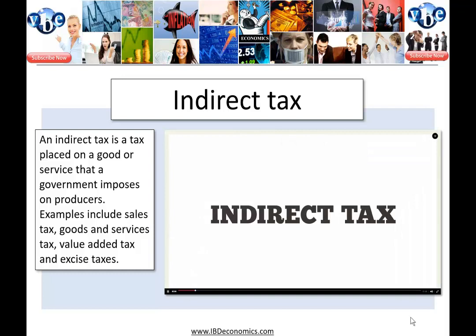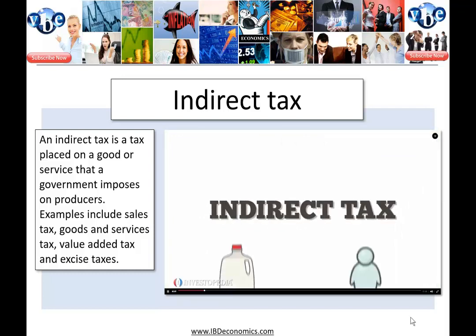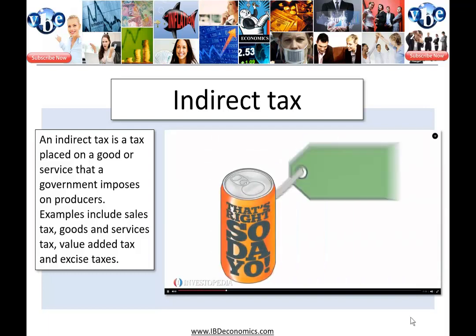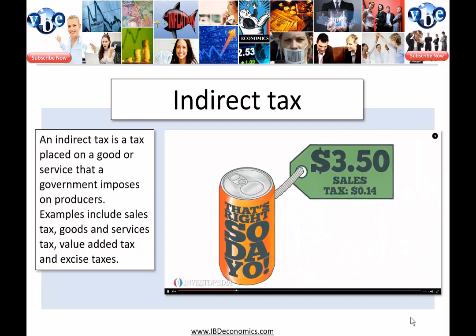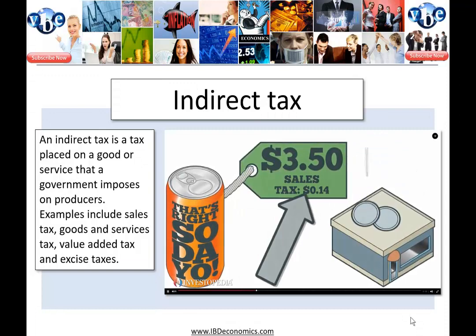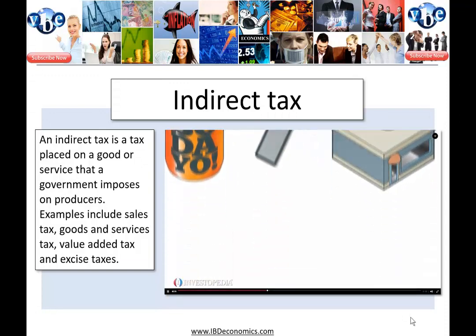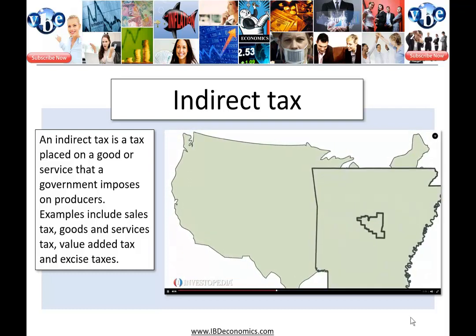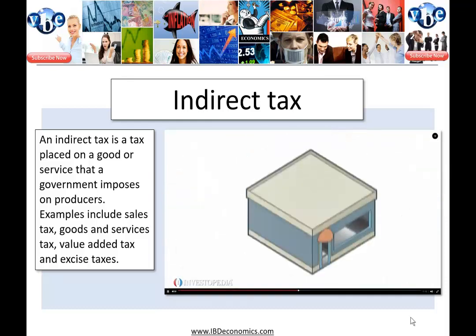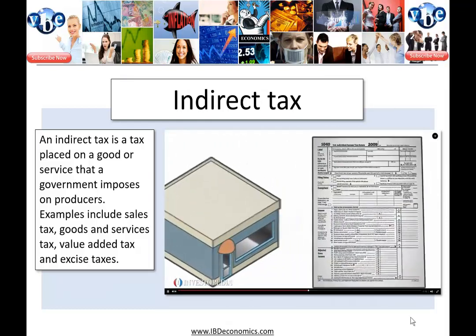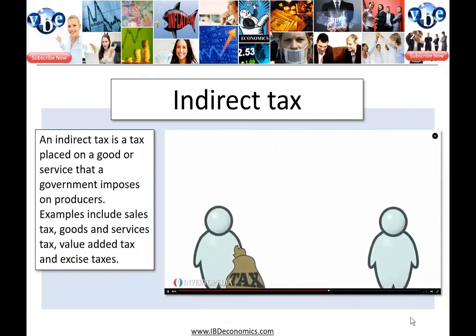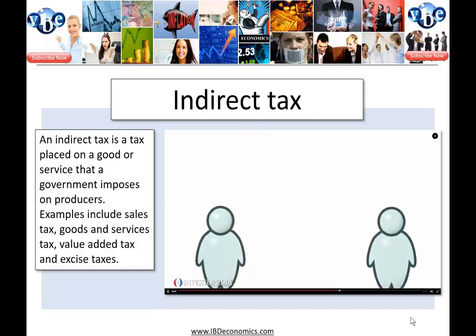Elasticity has some important implications for indirect taxes. An indirect tax is levied on goods or services rather than on an individual or a company. One example of an indirect tax is the sales tax customers pay for items they purchase for their personal use. The store collects an indirect tax from each customer in the form of an additional cost placed on the purchases. The state or county determines the amount of the sales tax, which is normally calculated as a percentage of the total purchase cost. The store eventually files a tax return and forwards the tax money it received from the customers to the government. With indirect taxes, the taxpayer can shift the burden of paying an indirect tax to someone else,